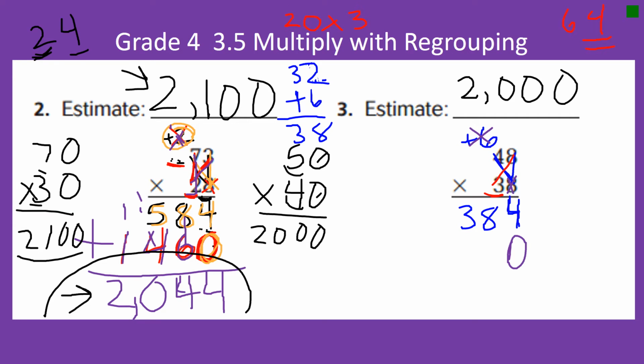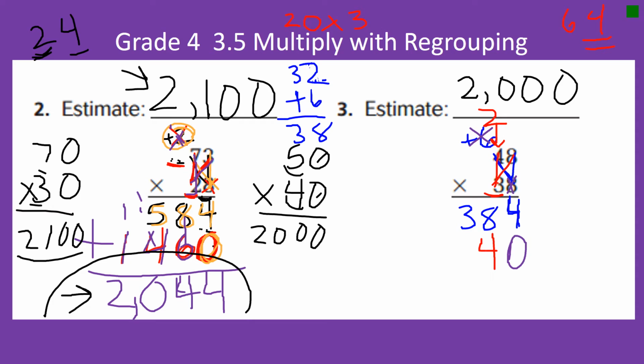So I'm going to put the 2 up here and the 4 down there, because we can't just shove the 24 down there into one place value, but we need to add those 2 sets of 10